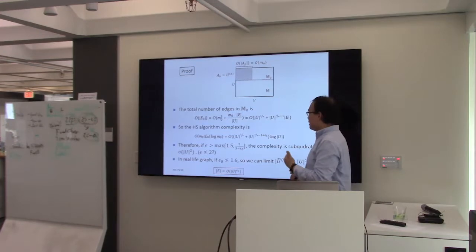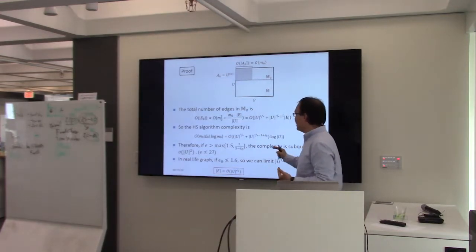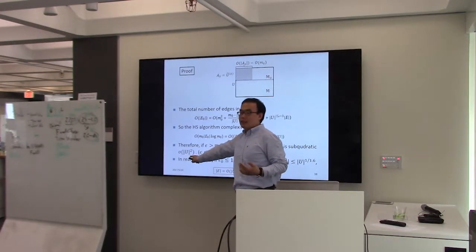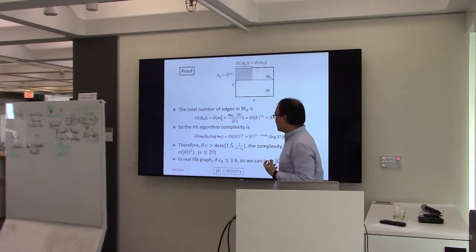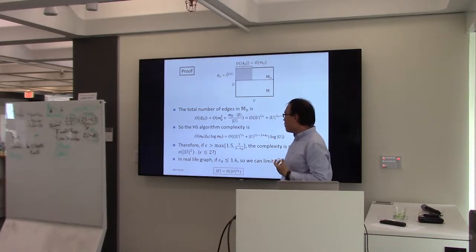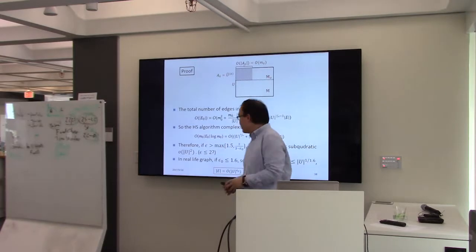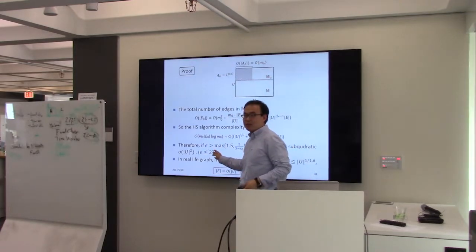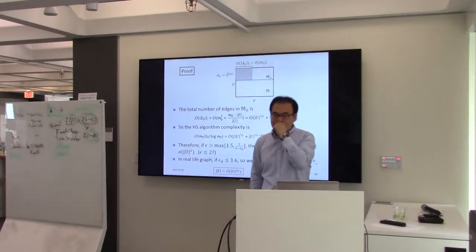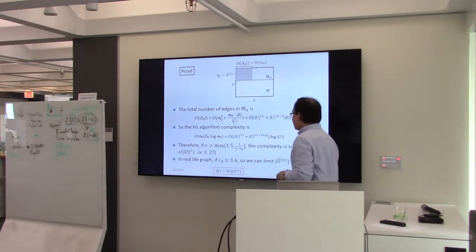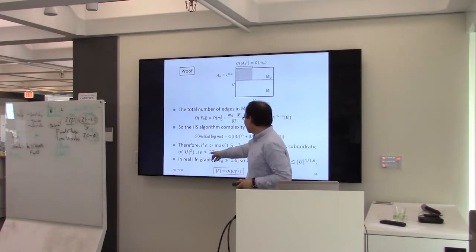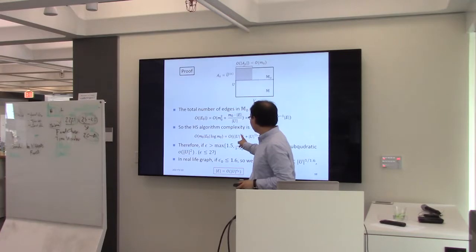The complexity in that case should be less than U squared. But I want to remind you that epsilon actually has an upper bound of 2. Why? Because if we just use 2 here,